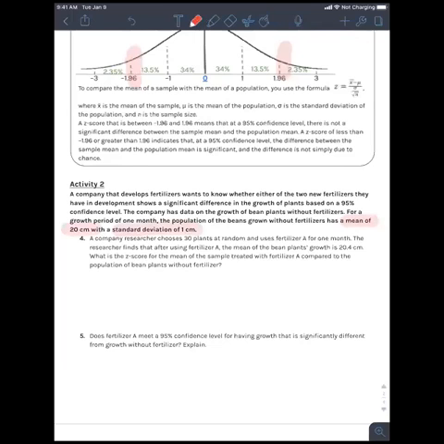Great. So we want to see what is the z-score for a mean of sample treated with fertilizer A compared to a sample of bean plants without fertilizer. So